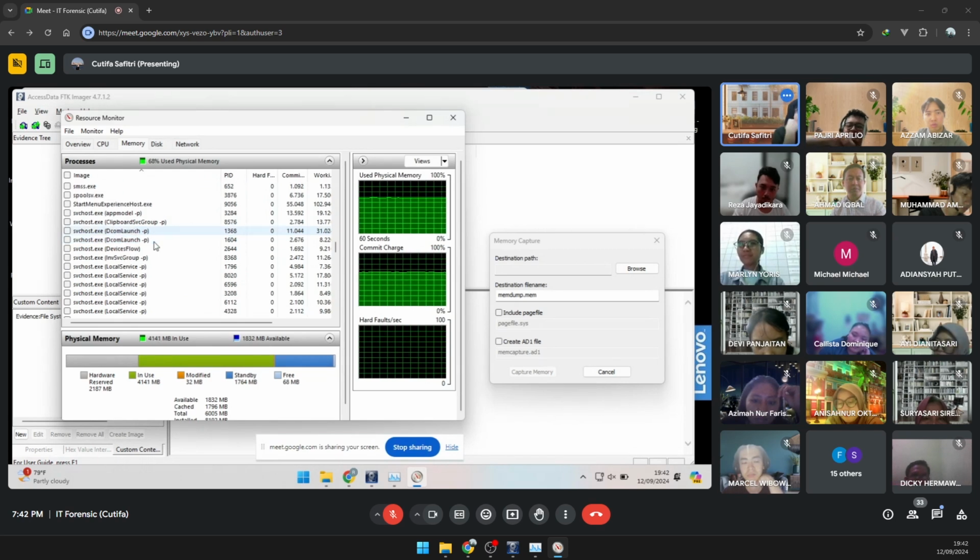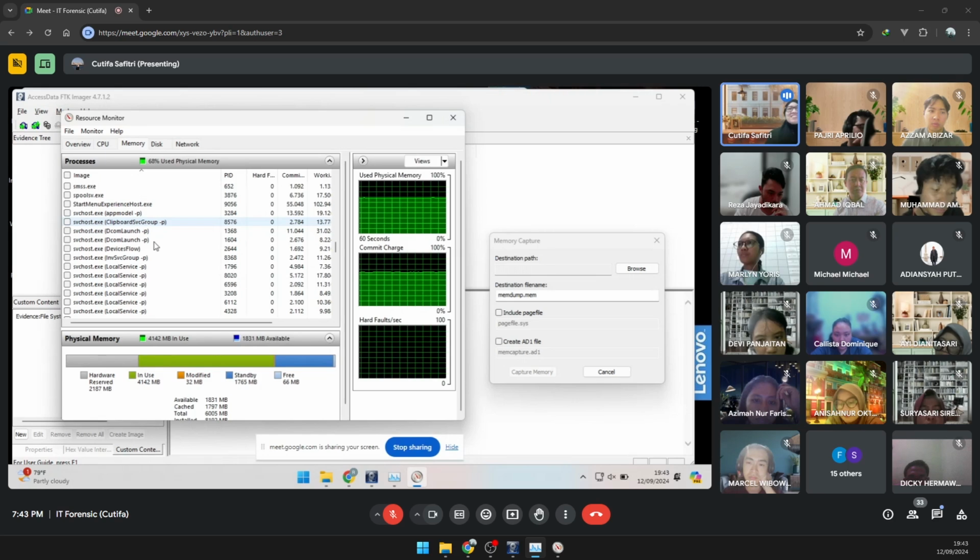Now, servicehost.exe: for those who know how to make an application, you can rename your application. You can rename your application from virus.exe, which would have been easy to detect, and name your virus service host.